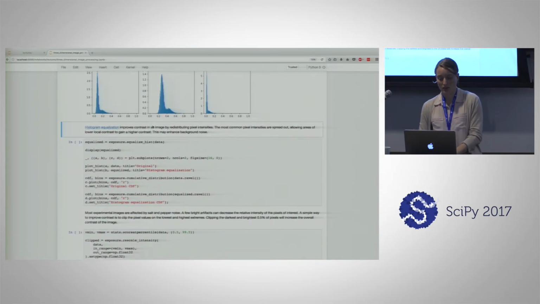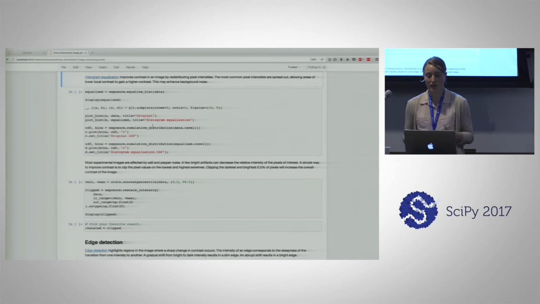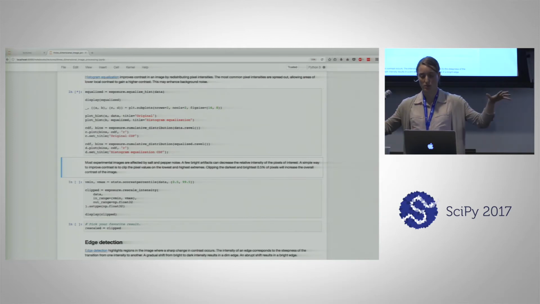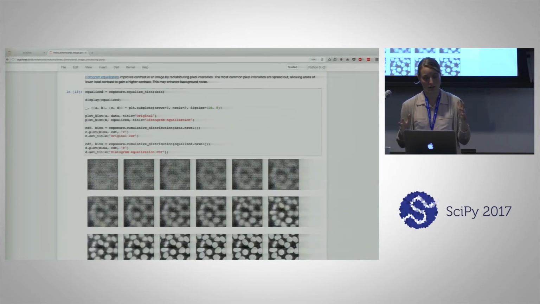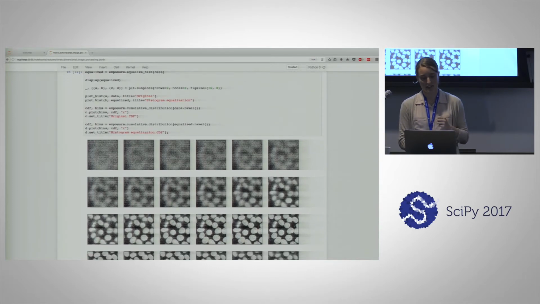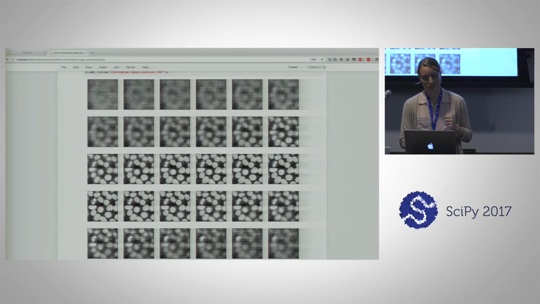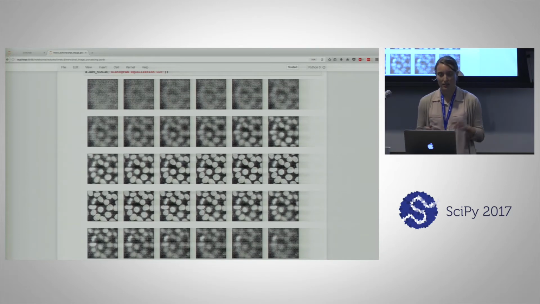In addition to gamma correction, there's also histogram equalization, which improves contrast of an image by redistributing the pixel intensities. The most common pixel intensities become spread out, which allows areas of local low contrast to gain a higher overall contrast. As you saw, this operation is quite fast, but it has the downside of enhancing background noise. If we take a look at the image, we see that the planes near the top and bottom of the stack look like your old TV when you turned it on and it couldn't find a channel, and it made that awful sound. But